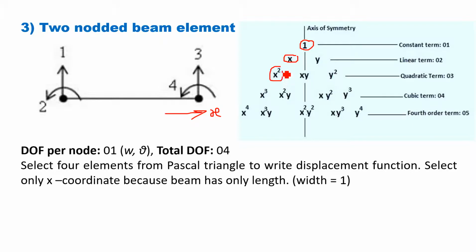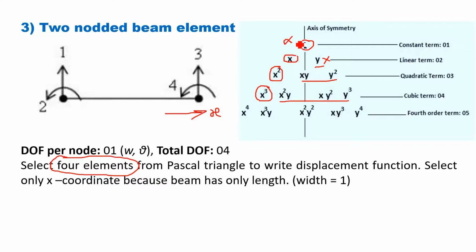From third row we will select only x square, because we cannot select y and y square. So these terms we will discard. 1, x, x square. From the next row we will select the x cube, because in these 3 we are having y coordinate. So 4 elements we have selected from the Pascal triangle, and those elements are 1, x, x square and x cube,